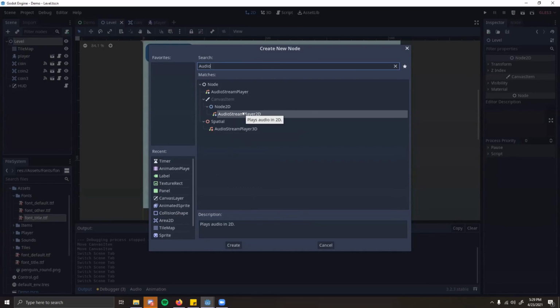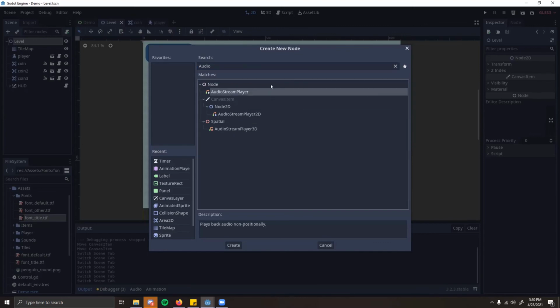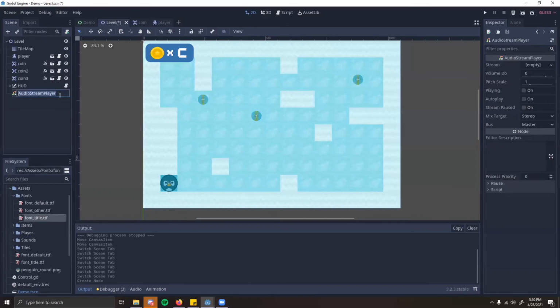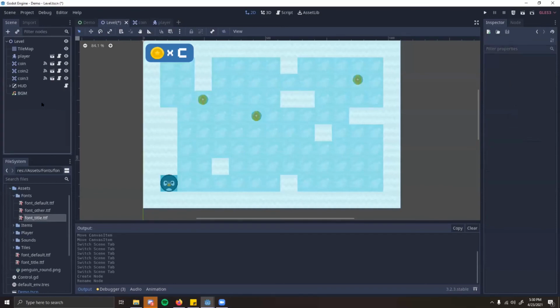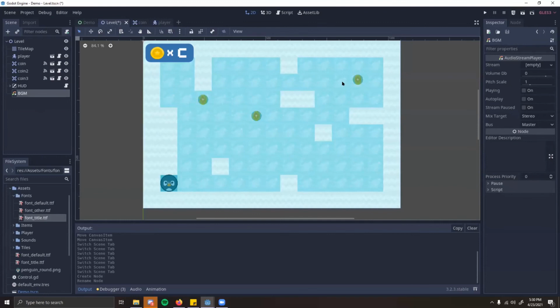If you want the audio to just come out of all speakers, in terms of mono or stereo, if you want the audio to just be mono, we're going to go ahead and select just the normal audio stream player. Let's just call this BGM for now. We're going to select that. And in this stream section right here, we're going to go to our sounds and select